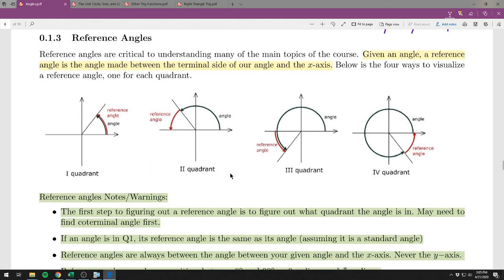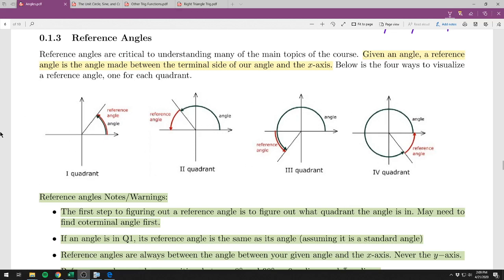All right, so the next main topic in this section is reference angles. Reference angles are a very important topic throughout this class. We'll see them very, very often. The idea with reference angles is that any angle,